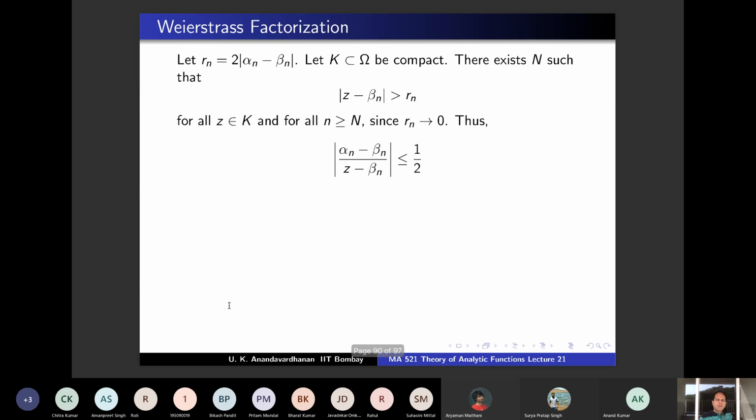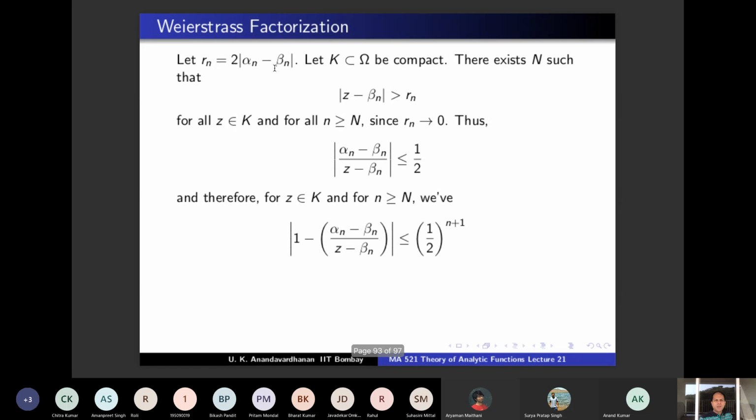Okay, and which means alpha n minus beta n by Z minus beta n is less than or equal to half. That was your definition of Rn, twice this, and that's all that you need. And therefore, for Z in K and for n bigger than or equal to n, 1 minus this quantity is less than or equal to,